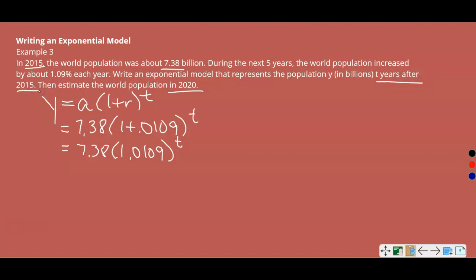So t years after 2015 means we only go from 2015 to 2020, which means we're looking at 5 years. So what we're going to do is estimate this when t is 5. So 7.38